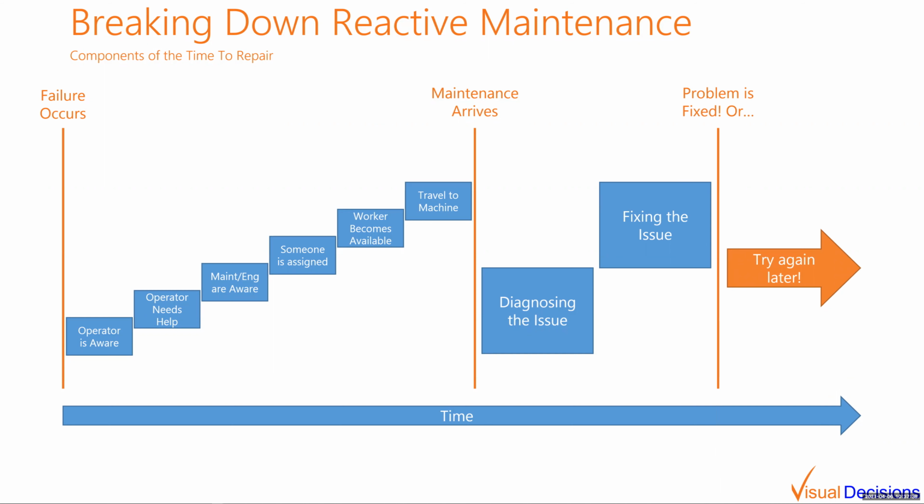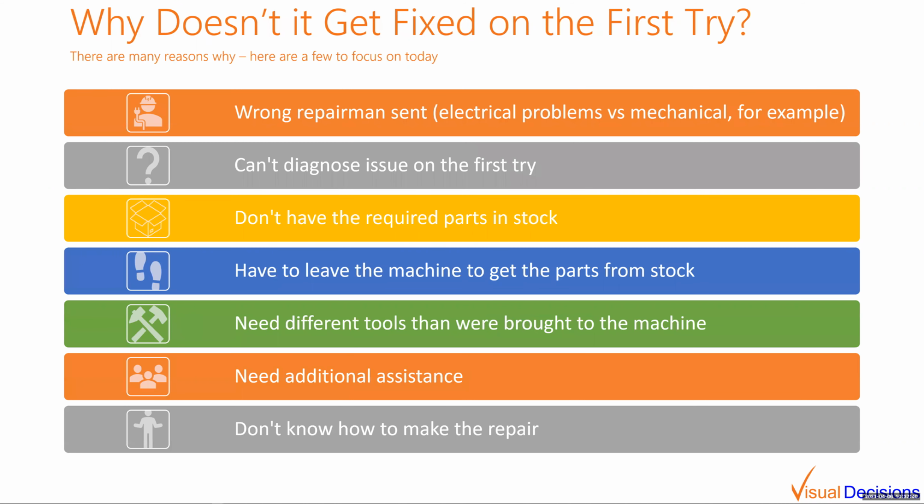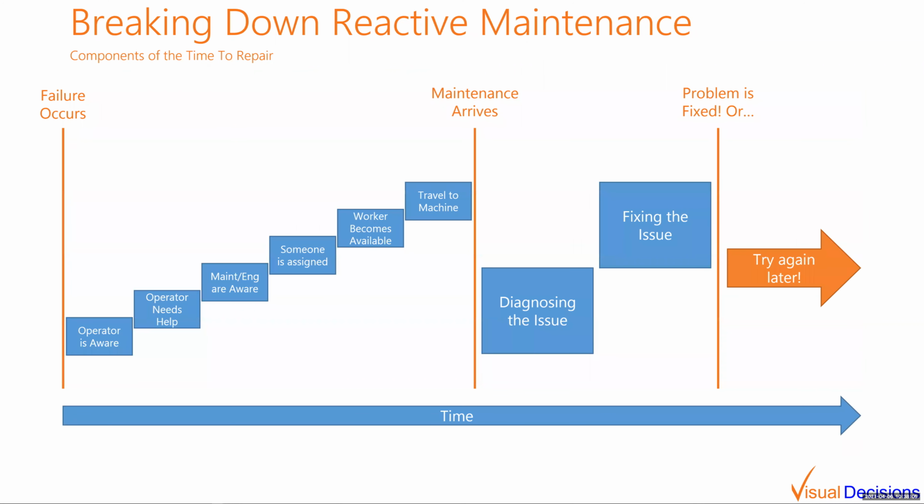And so if we look at why this doesn't get fixed on the first try, you could have the wrong repairman sent, you could not be able to diagnose the issue on the first try, you don't have the required parts in stock, you might have to leave the machine to go get parts from stock, you may need different tools than were brought to the machine, you may need different additional assistance to fix that problem, or you may not know how to make the repair. And so if we look at each of those individually,